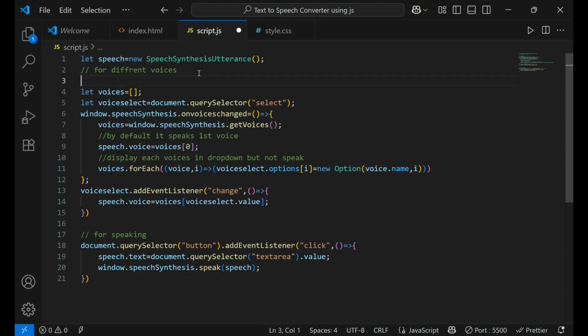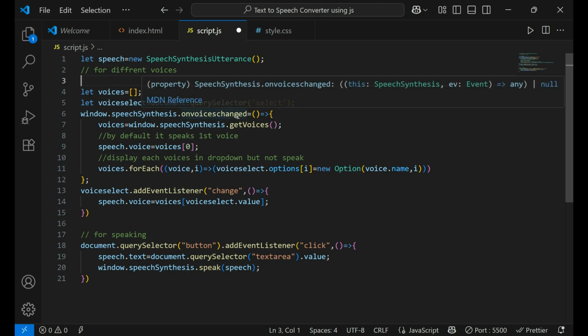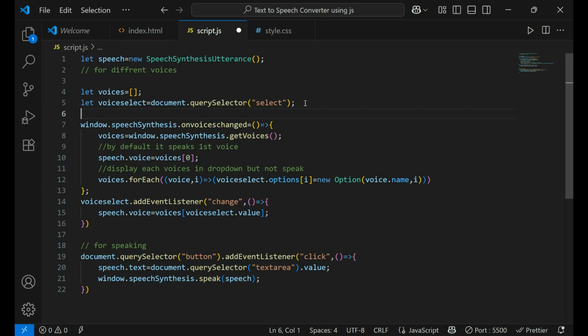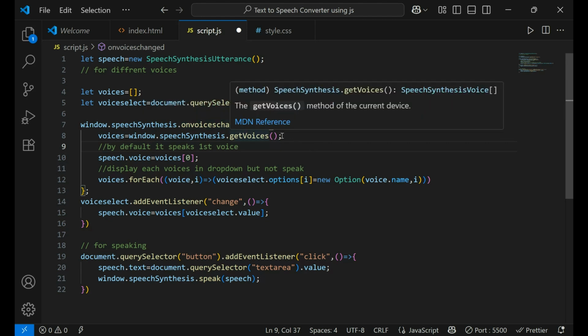We have taken a function for different voices. This is voice select equal to document dot query selector. We are applying it for the select option, so this is where we have to apply it. Window dot speech synthesis dot on voices changed. We have to change the voice when we select something.